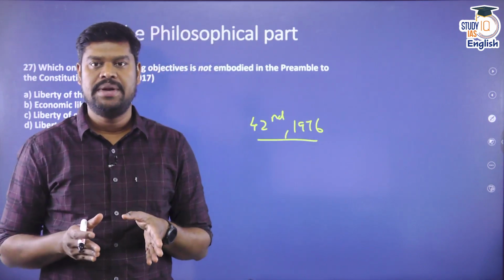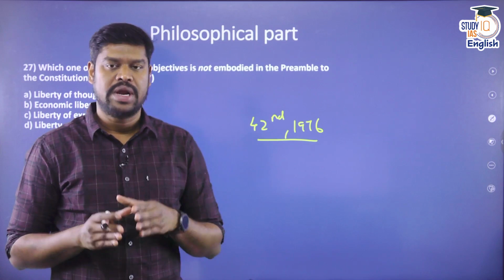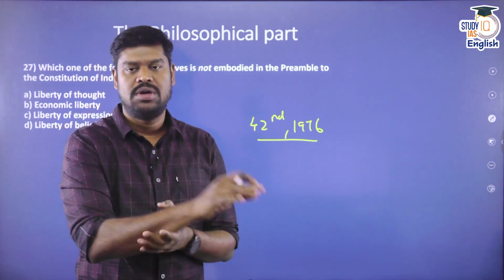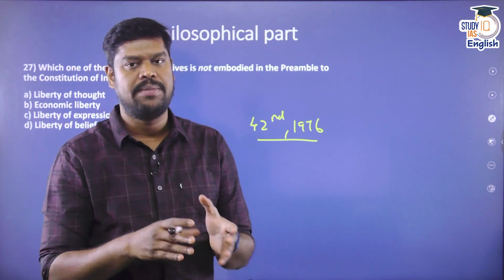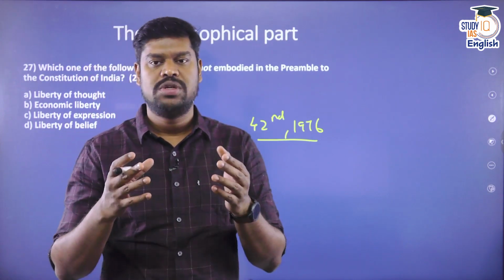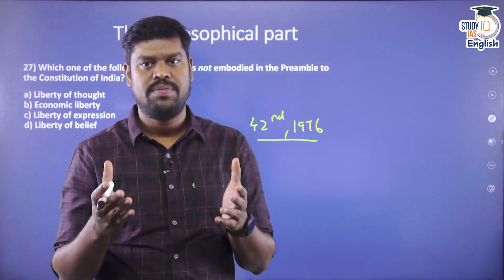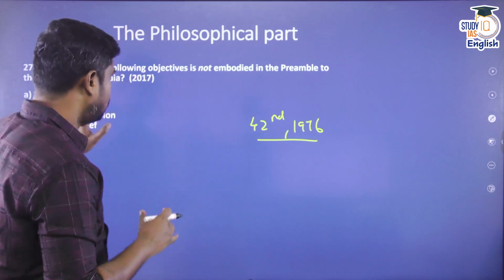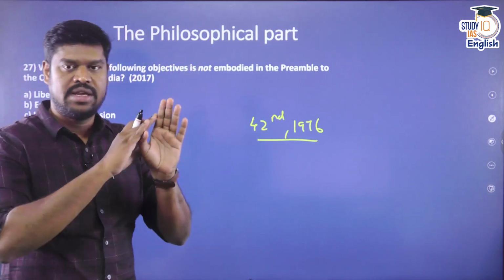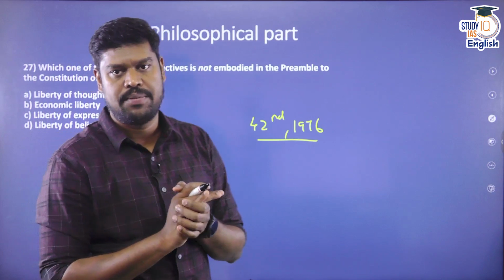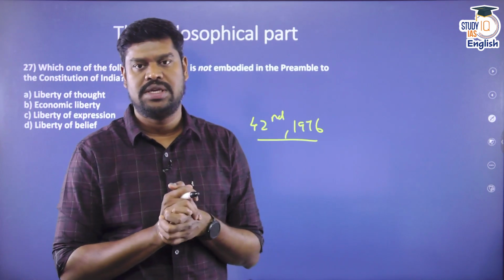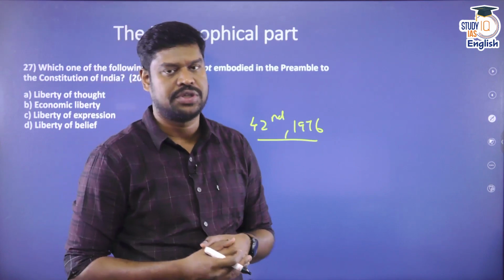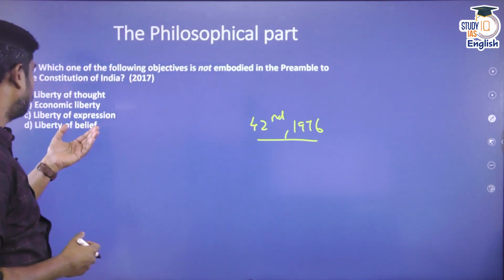Can any part of the preamble be amended? The Supreme Court said that you can amend the preamble, but subject to the restriction of basic structure. That means anything that is considered part of the basic structure within the preamble cannot be amended. For example, words like democratic and republic cannot be amended, as they have been declared to be part of the basic structure. In addition, try to remember each and every word in the right order as it is given in the preamble, which is very, very important for your examination. Many times this single area has been asked in the examination. With this information, come to the following question.